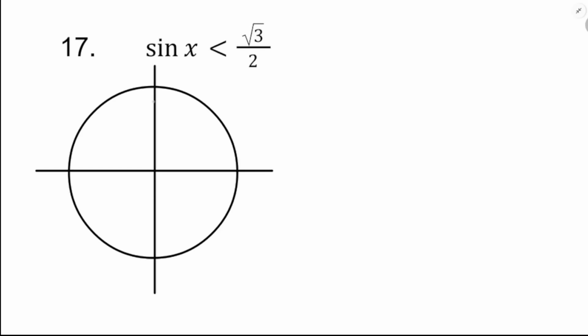So root 3 over 2 is really close to 1 up there. It's pretty high up. So I'm going to go over, it'll be here and maybe there. Well, close. All right, what I'm saying is it's going to be pi over 3 and 2 pi over 3. Okay, and remember, sine is representing the vertical distance from the x-axis. So when is that vertical distance less than root 3 over 2? Well, any time on the circle through here. And so I'm just going to say,